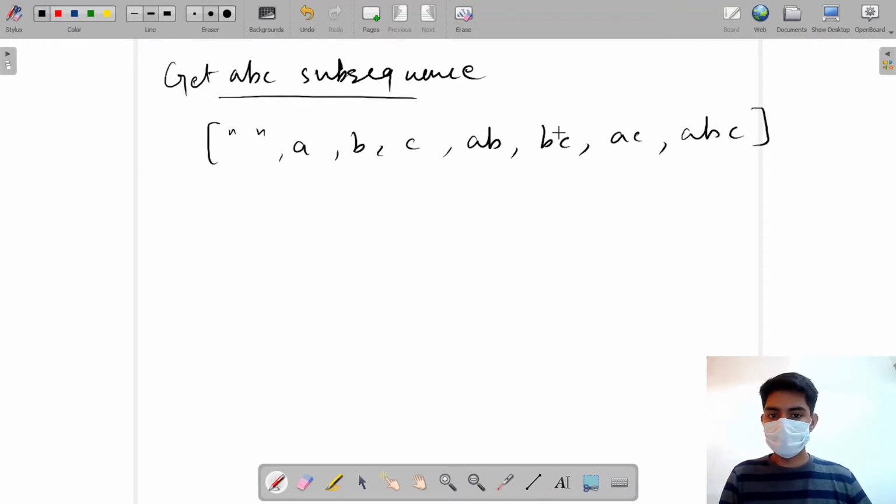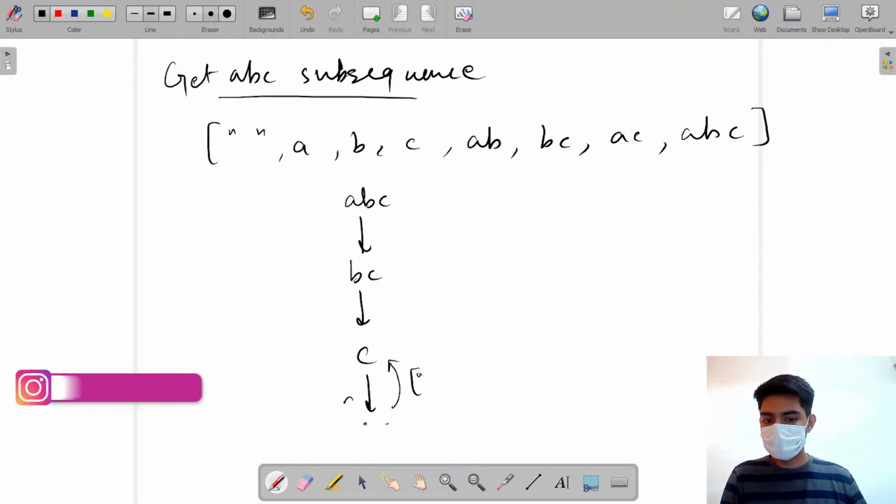Now we had these subsequences, and we would have ABC, then we would do the work for BC, then we would do the work for C, and after we get the empty string, we would return an array list which contained the empty string.